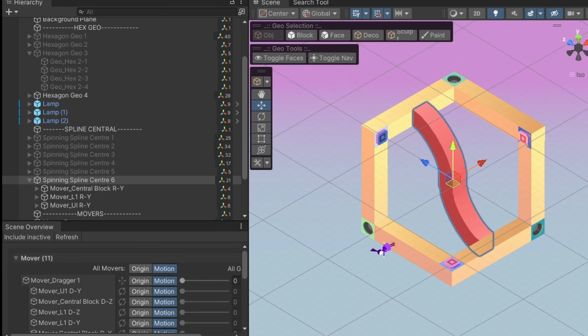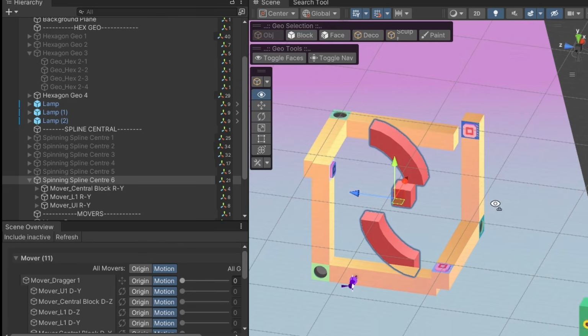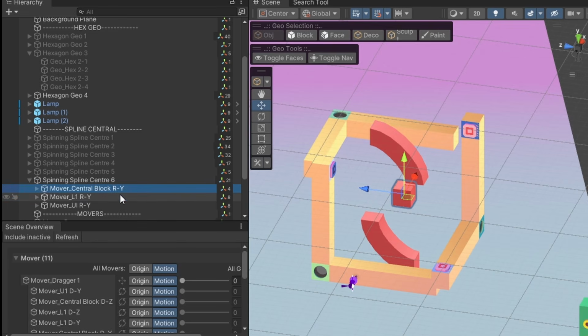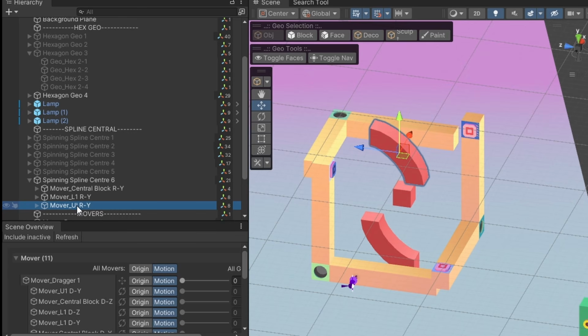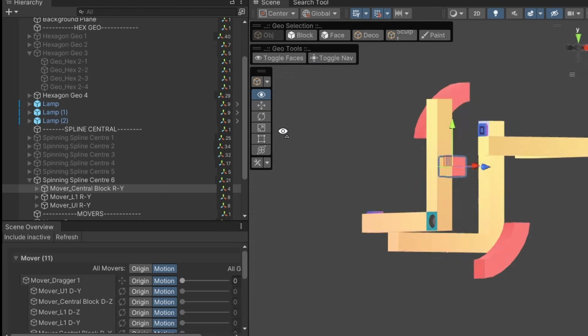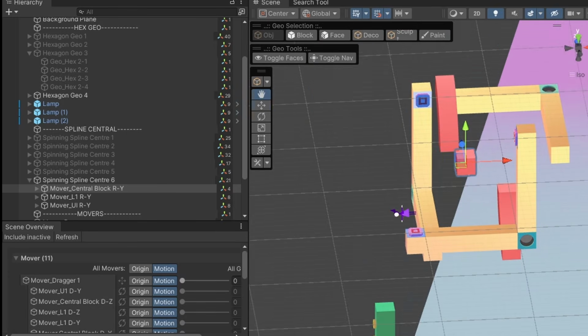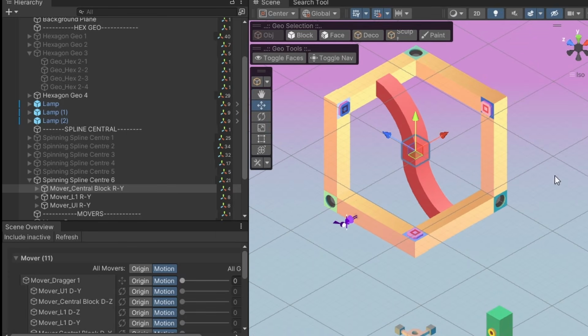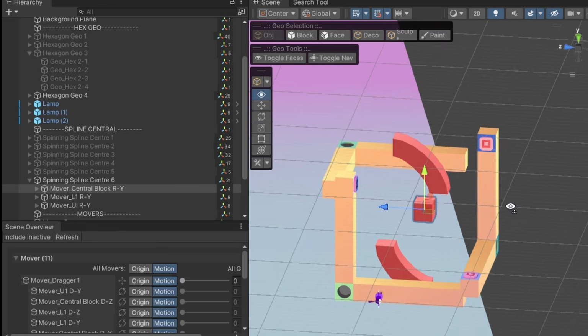It's worth zooming in on the intricacies of how this spline even works, because it took a lot of time and iteration to make it feel right and impossible. It's actually 3 different geo objects that are at different levels of perspective to retain that impossibility. To facilitate movement between the inside and outside faces, one of the splines needs to be constantly below the hex frame and the other has to be over the geo.